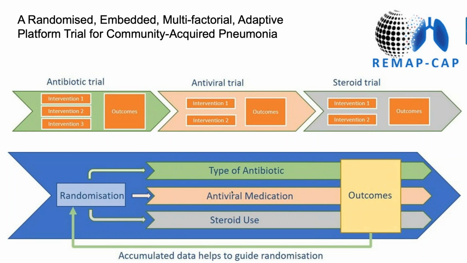And so the current one, the REMAP-CAP study that I'm talking about here, is looking at different strategies, including lopinavir or ritonavir, as well as hydroxychloroquine, interferon-1 alpha, as well as interleukin-1 receptor antagonism, and also IL-6 antagonism using things like tocilizumab. And so there are several types of therapies which are being evaluated on an ongoing basis, and essentially some sites are involved in a couple of them, and other sites are involved in more than one of them through this sort of adaptive trial design.